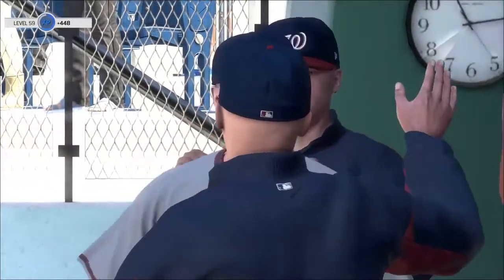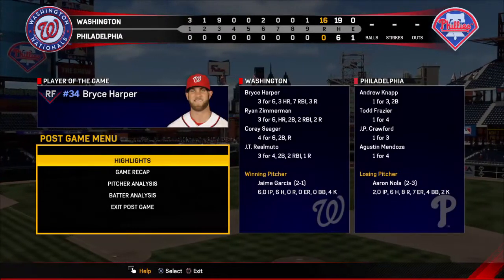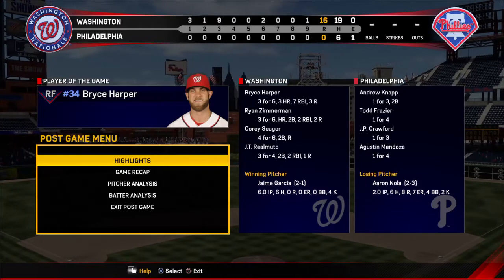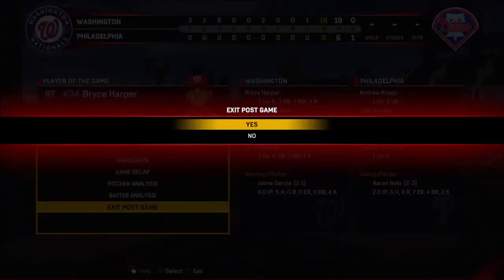And the Nationals have taken game 1 of the series on the road as the ball game is over. 16-0 the final this afternoon. The Washington Nationals get the win on the heels of 4 home runs. Jaime Garcia earns the win, his second. Aaron Nola